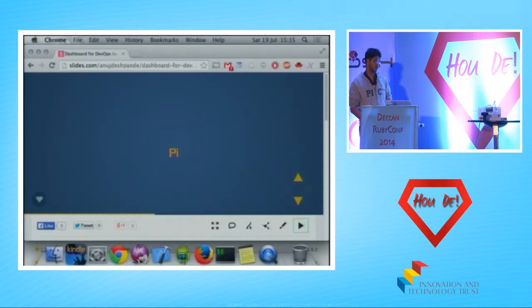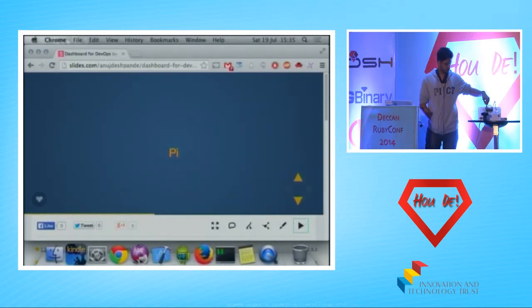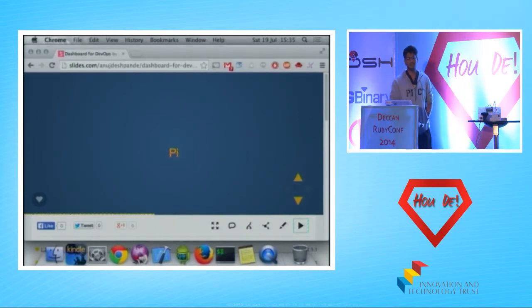The interesting part is that it has 21 GPIO pins. GPIO pins allow me to interface with sensors and actuators, as we call them. So I have something which runs Linux, and also controls an LED. So now basically I can take over the world. GPIO stands for general purpose input output. Input is for stuff like the switch, output is for stuff like the LED, the LCD, and the servo motor. So that's about the Pi.